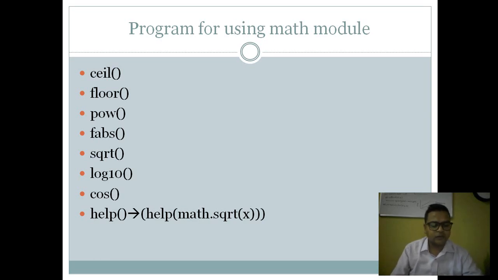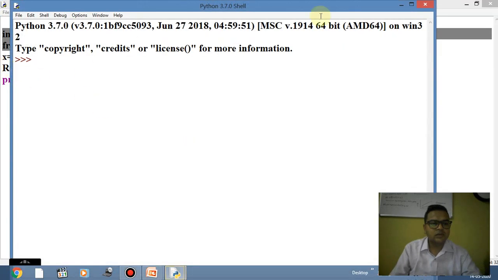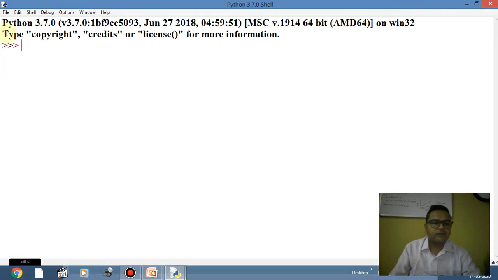Now first of all I'm going to start the Python shell. Python shell को open करते हैं. So now the first thing is that I have to import math. मैं first method का use कर रहा हूँ. I want the whole module to be used. That's why I'm using import math. Clear? Now my first function is the ceil function.